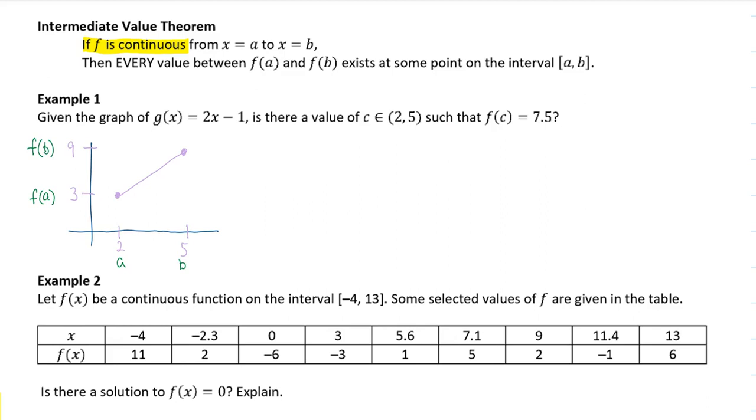So how do we say this? This is where we need to start writing a little bit in calculus. From my graph, I can see that, yes, that's true. Is there a value of c in the interval 2 to 5 such that g of c equals 7.5? I'm going to just take a wild guess here, and say right about here is 7.5. So the answer is yes. But I can't just say yes and move on. I'm going to say this: since g is continuous,